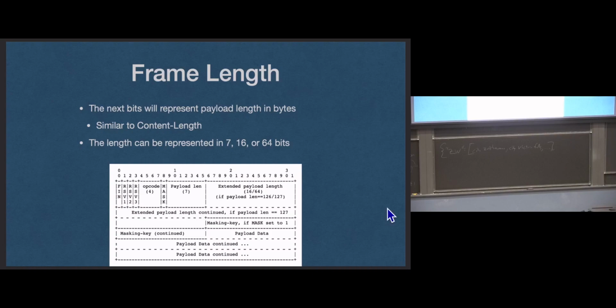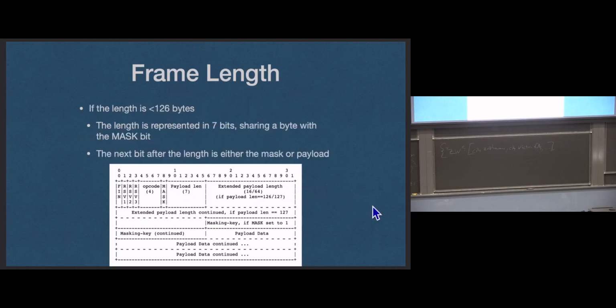So let's talk about it. Payload length, the next 7 bits. It shares a byte with the masking bit. The payload length has 3 different modes depending on the actual length of the payload. So the payload data down here, this is the stuff that we're actually interested in. This is what the user is sending to us from the front end, and it's what we're sending to the